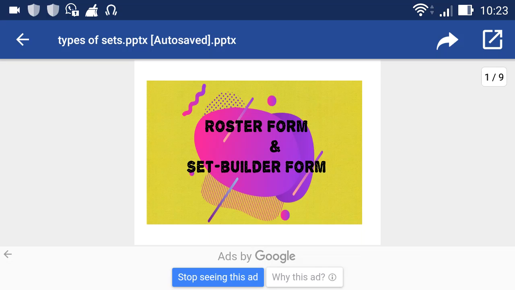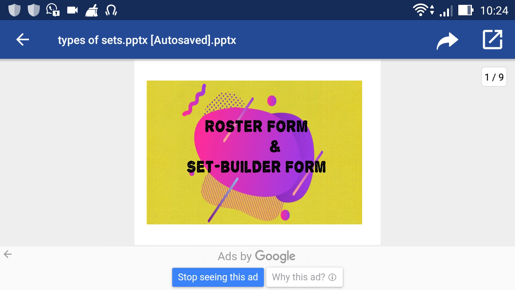Hi friends, in the last lecture we have seen what a set is. A set is nothing but a collection of similar kinds of items, or a set of elements that are represented in a well-known form. A set can be anything. It can be a collection of birds, animals, fruits, anything.